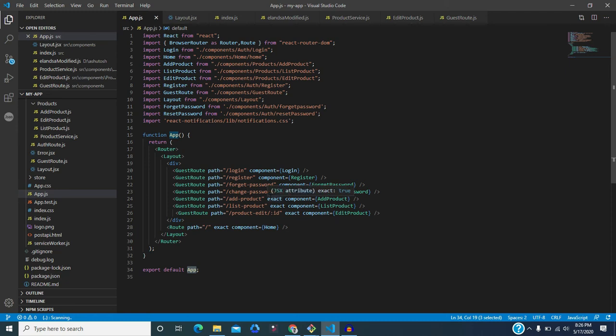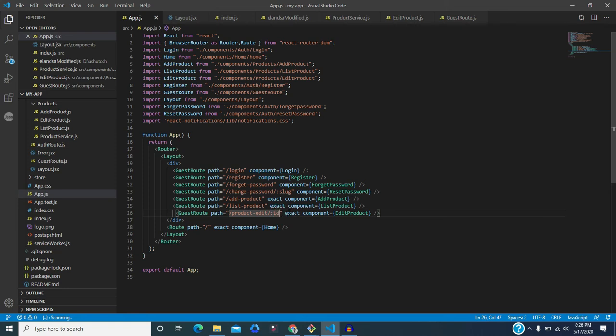Now you understand about the path. Basically whatever path we write, because this is routing and we are using the routing, this will work as expected. And the component, whatever component we write. So here basically we are using some links. One link is add product and list product, and in the product edit we are passing an id here.